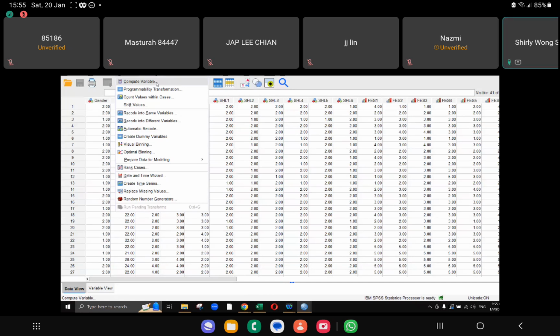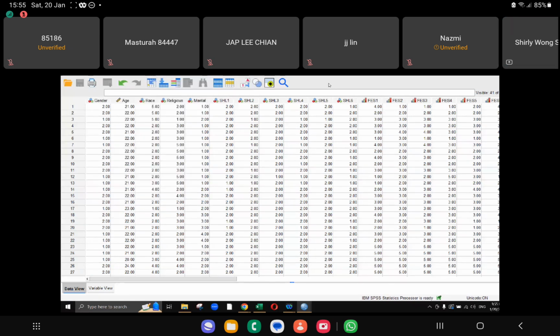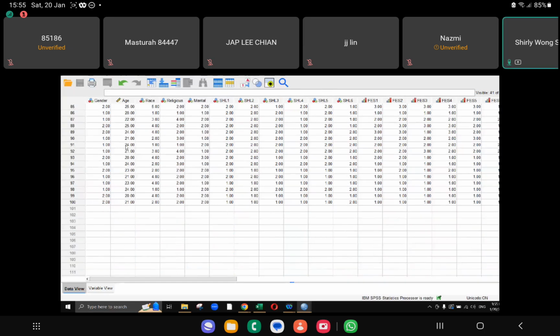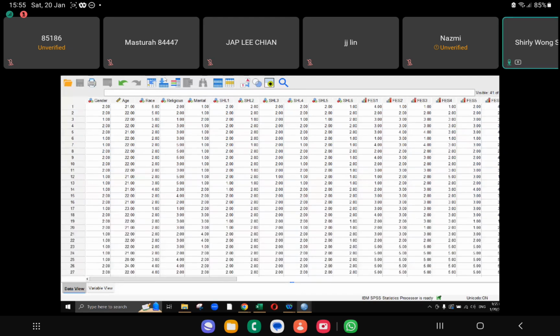Let's say here the age. Okay, the age has very small groups, cannot do anything. Later along the way we will see whether I have a chance to show you using the data. All right, so after you have everything in place, the first thing that we always do is